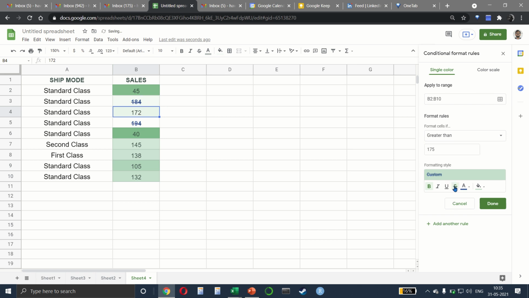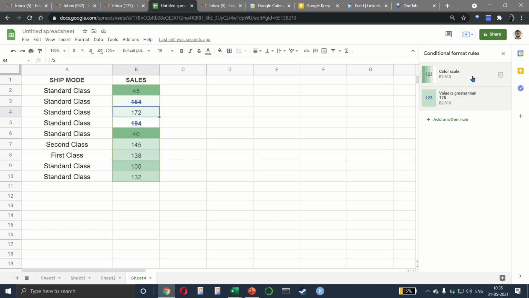And you can also say a strike through like this. Essentially choose any format that you want. So this is how you can nest multiple conditions one below the other. Also keep in mind that you might want to change the order of these conditions as well if your conditions are not working properly the first time. Now that we have done this, let me